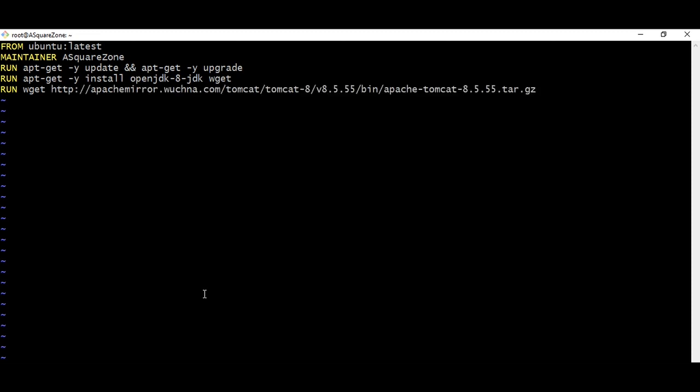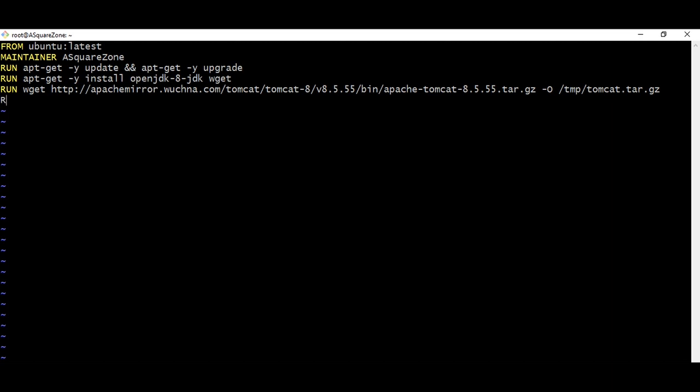And here I am going to make it offline using the -O option. And I'm giving the path to store this tar file: /tmp/tomcat.tar.gz. So in this path I am going to store this tar file.